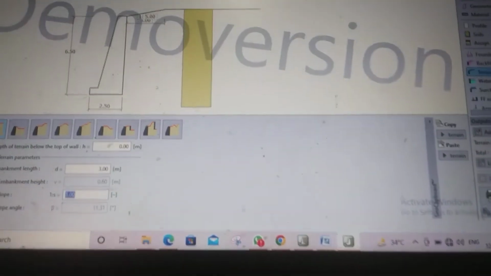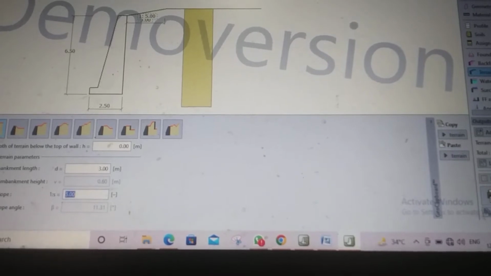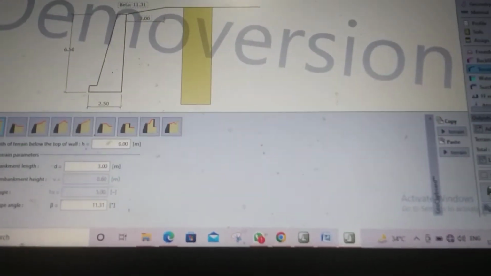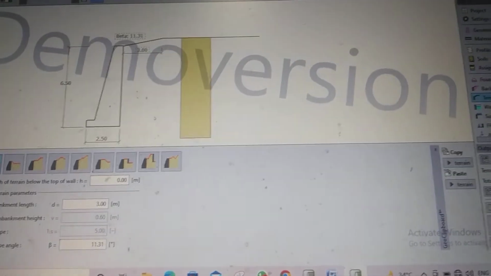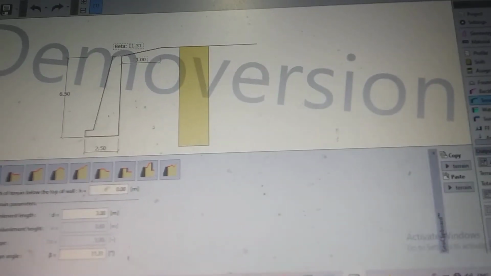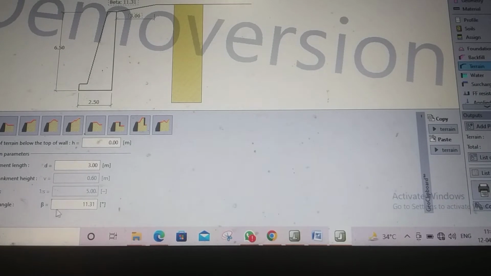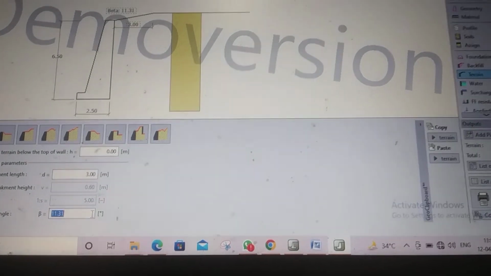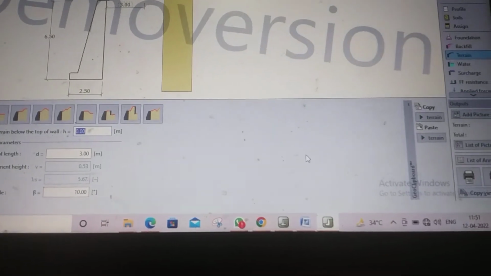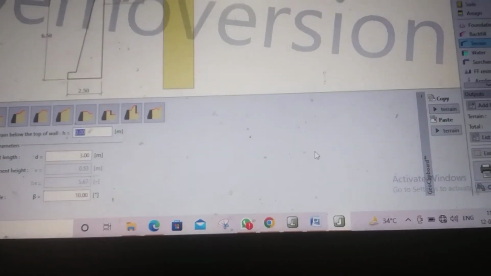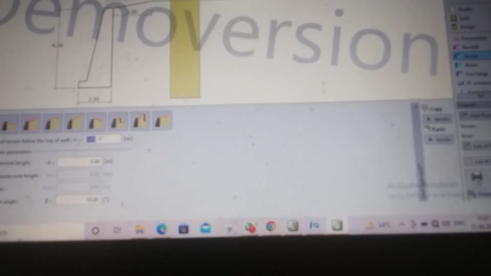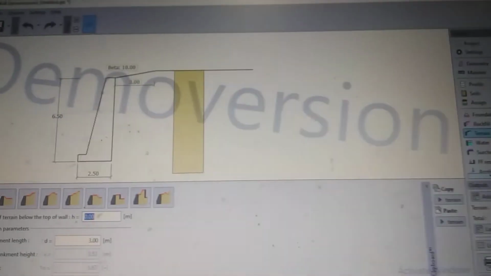Slope, no, we don't have to plot slope. We have to plot slope angle, that is beta 10 degree. Now we have to proceed with the others.